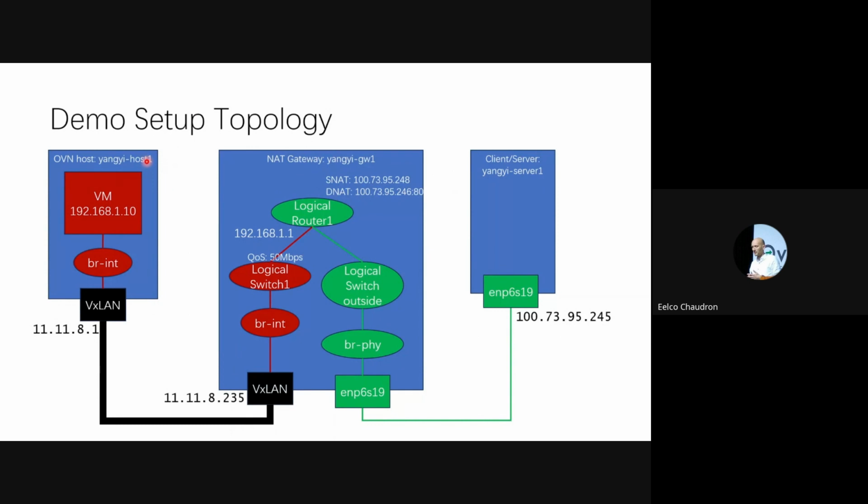We run a virtual machine in this machine. This virtual machine attaches its virtual network port to the BRINT bridge. OVN created a VXLAN port in the BRINT bridge so it can communicate with the NAT gateway by virtual network